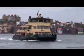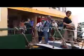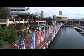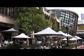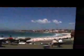You've got to take a boat ride in Sydney to really experience the harbor atmosphere. And you can get over to Darling Harbour by boat, or you could walk or take the tram or a bus. At any rate, be sure to get to Darling Harbour. It's a modern development, and nearby is the old Chinese gardens. Downtown Sydney is a great city, and then you want to get out of town as well and have a